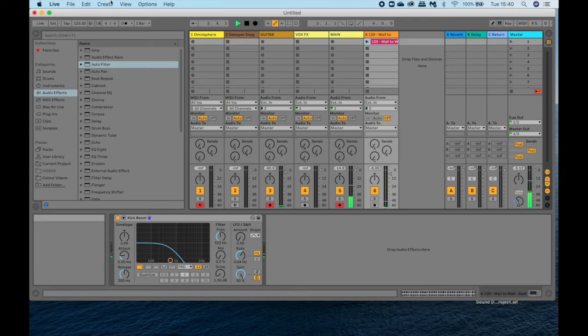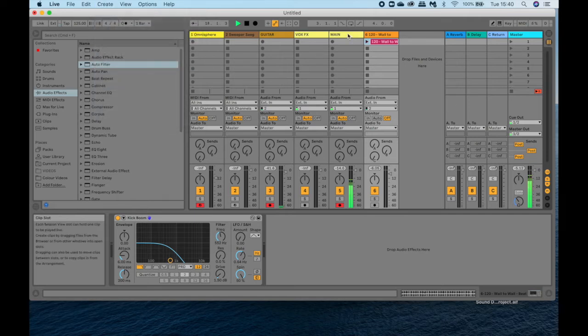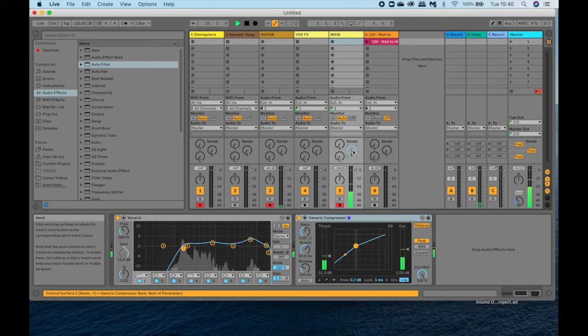And just to recap, if you want to create any extra audio channels for other vocal lines, or you want to add some more software instruments in here, like a keyboard, remember to click on create, insert audio track for an audio, insert MIDI track. Now, before I was actually messing around with these little sends. So at the moment I'm sending that to B, and if you can see at the top of here it says B delay. A is a